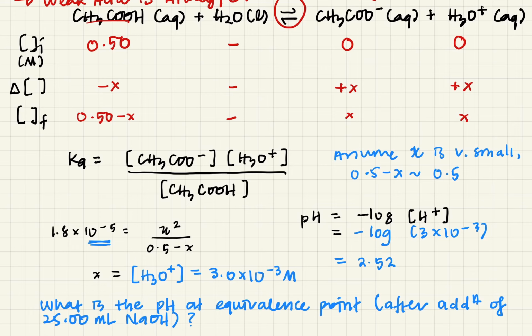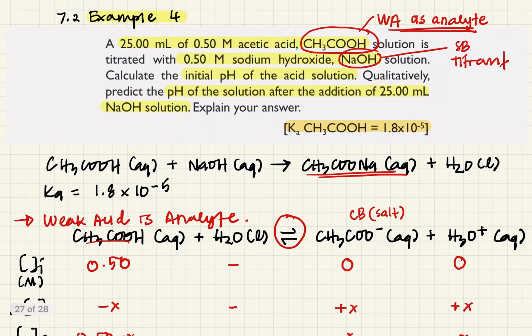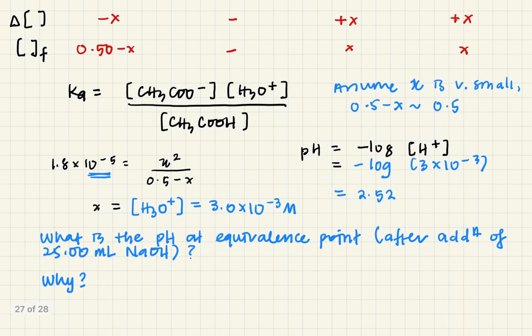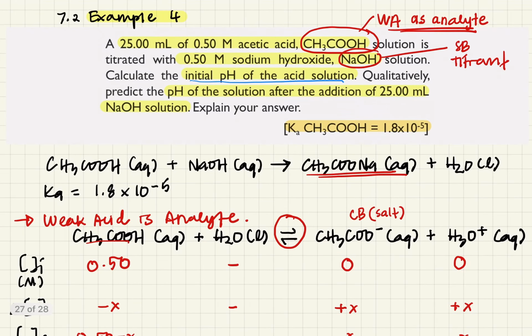Okay, so the initial pH of your acid solution will be 2.52. Okay, so then the next question is, it told you to predict the pH of the solution after you add 25 ml of sodium hydroxide. Maksudnya awak dah add awak punya base. So agak-agak what will happen? Okay, perasan tak yang awak punya